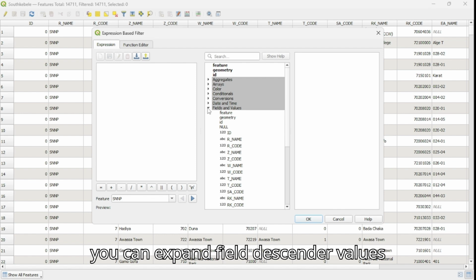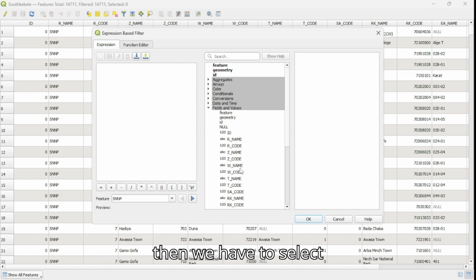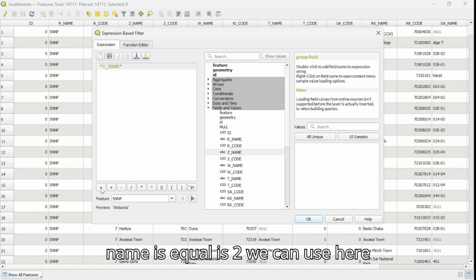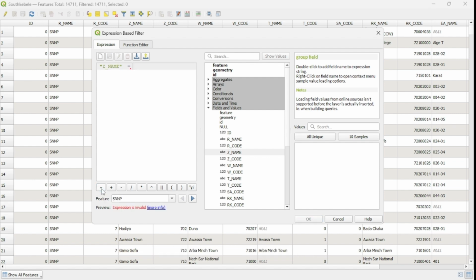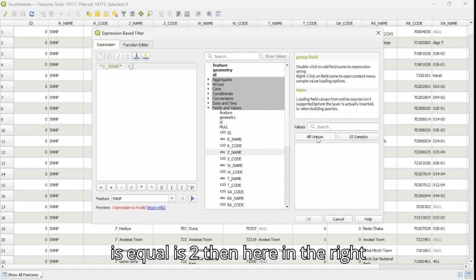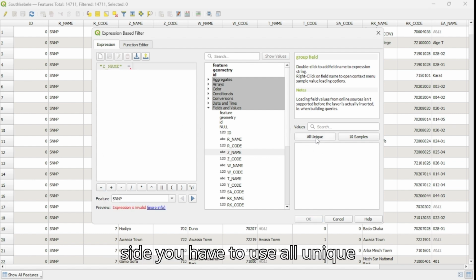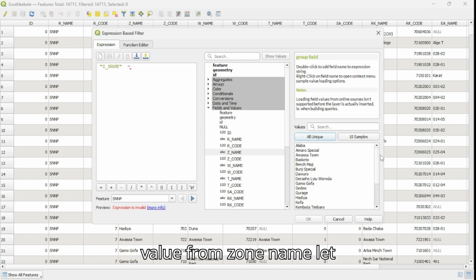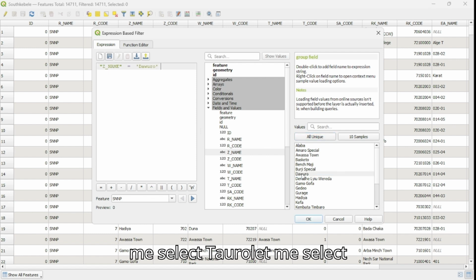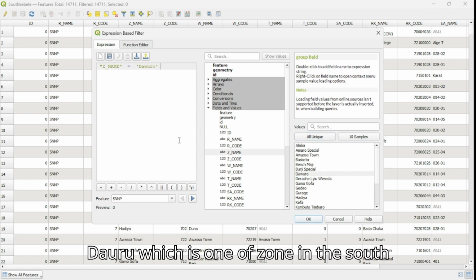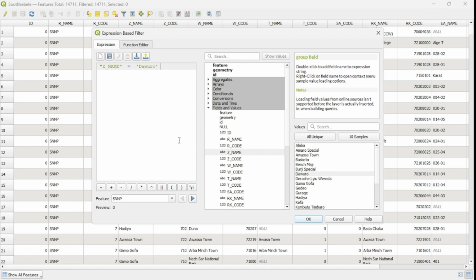You can expand fields and values. Then we have to select zone z name, z underscore name is equals to, we can use here is equals to. Then here on the right side you have to use all unique value from zone name. Let me select Dauro, which is one of the zones in the south region,